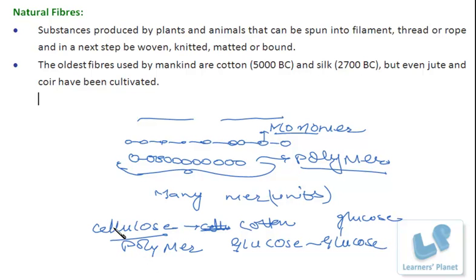Say it's one thread of cellulose. It is a fiber which can be spun into filament. So this is spun into filament or thread and is then woven into fabric, that is cotton. But cellulose itself is a polymer and it is made up of glucose units. So glucose is the monomer of cellulose. This polymer is spun into filament or thread, and this thread is then woven into fabric. Right? So in a way, a fiber is made up of polymers, and polymer is made up of monomers, that